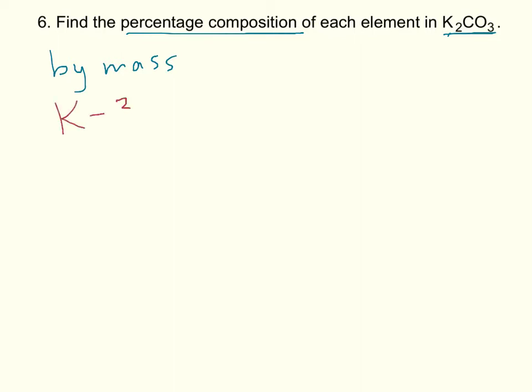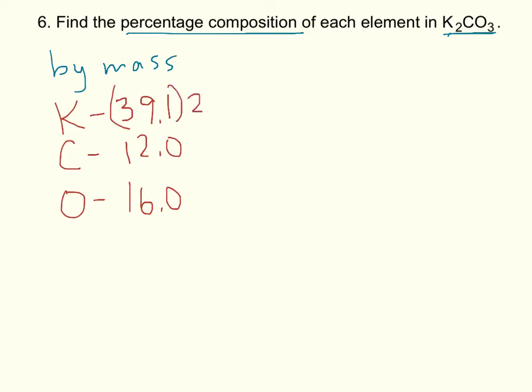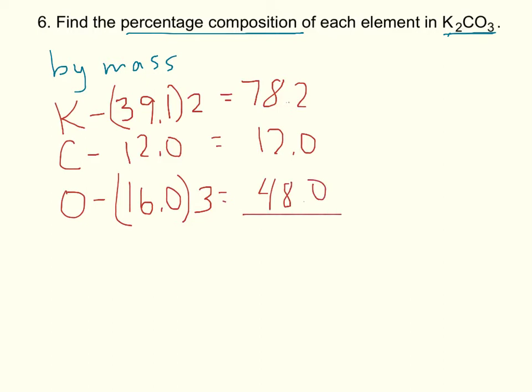Potassium, 39.1, carbon, 12.0, and oxygen is 16.0. Since there are 2 potassiums, we'll multiply that times 2. Since there's 3 oxygens, we'll multiply that times 3. We end up with 78.2, 12.0, and 48.0. So if we add that all together, we'll get 138.2. So when we're talking about percentage composition, we're talking about how much of this 138.2 comes from potassium,